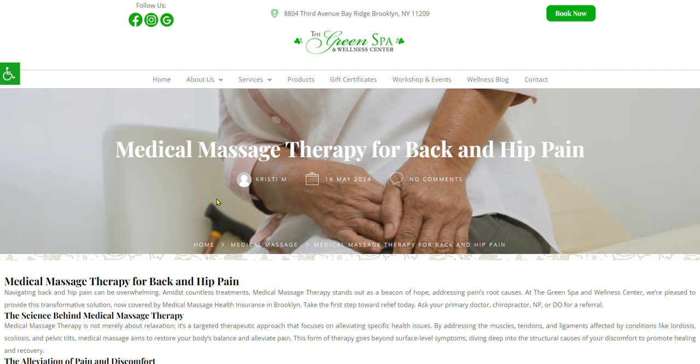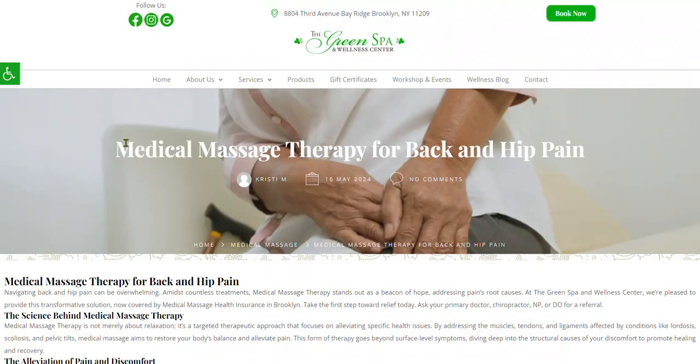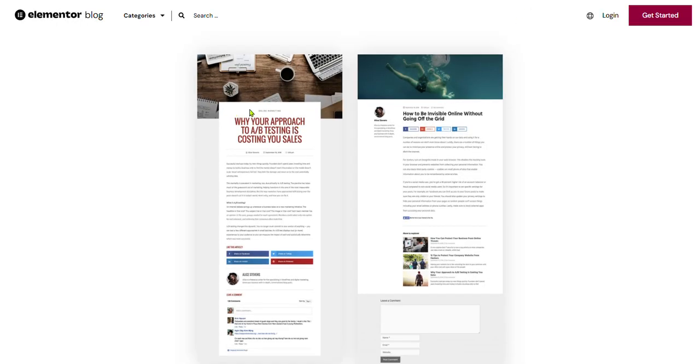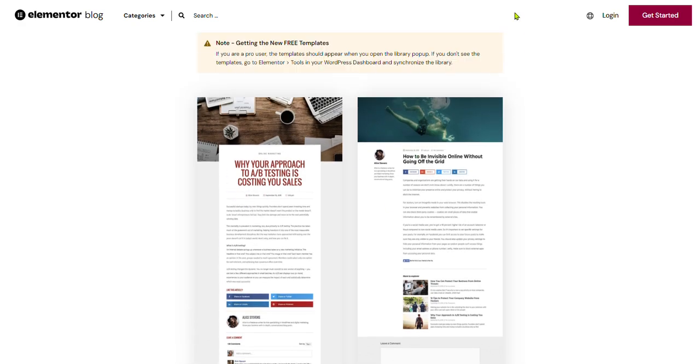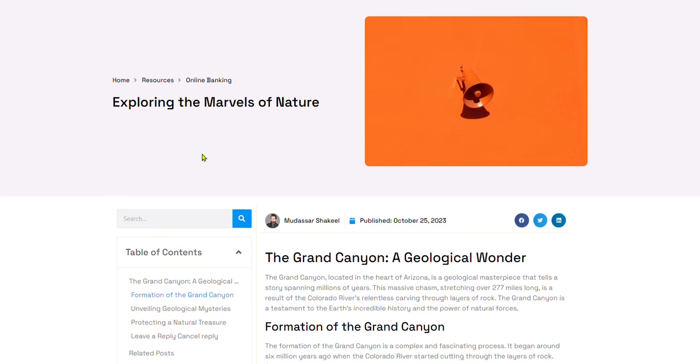And let me give you some examples of free templates that you can use before we even discuss the blog post itself. If you look at this one, for example, you can see how very, very nice it looks. It's very minimal. It's very clean. This is very clean. This is very clean too. Let me show you one here in practice. For example, this one,